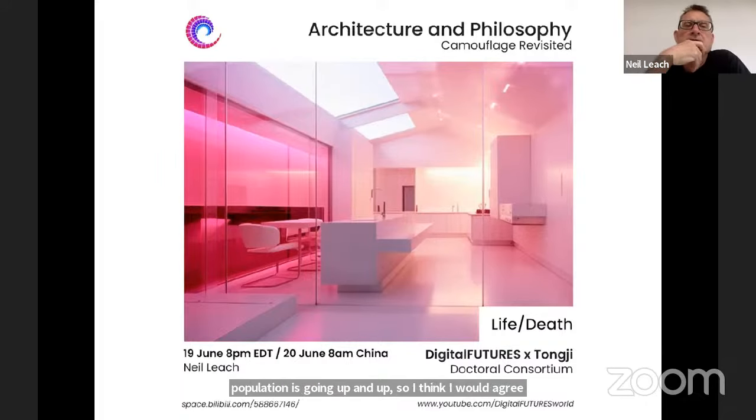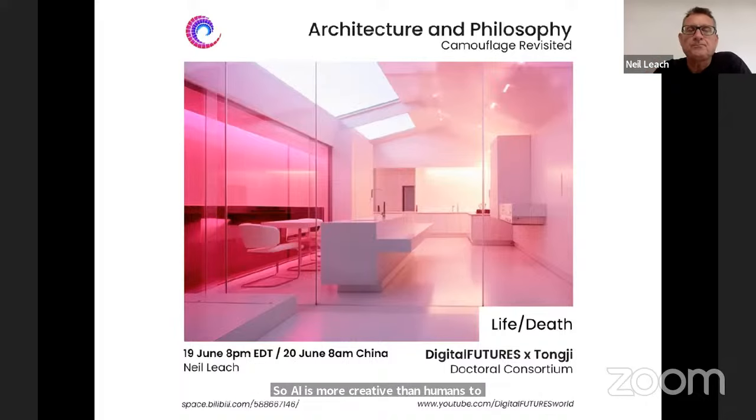There's another question here from Liu Hui. Can we say AI is more intelligent than humans to some degree? So AI is more creative than humans to some degree. Well, I mean,